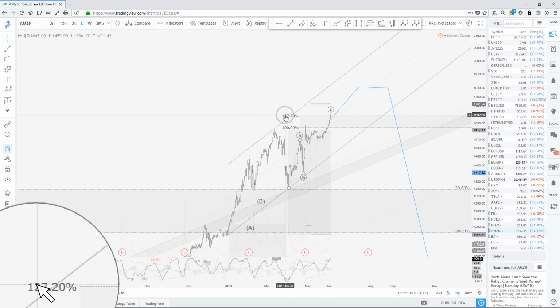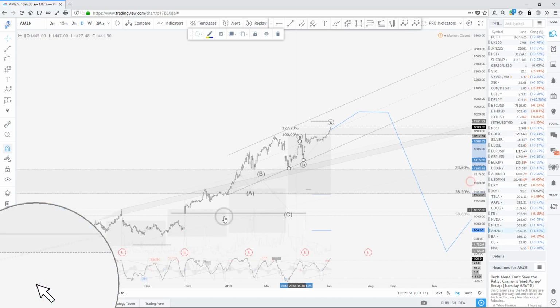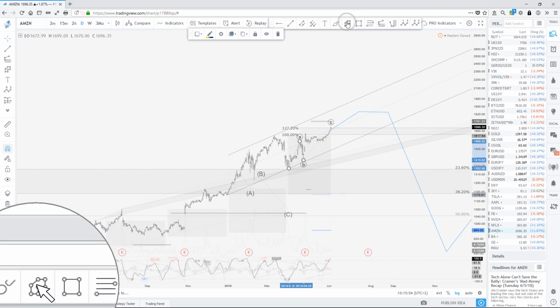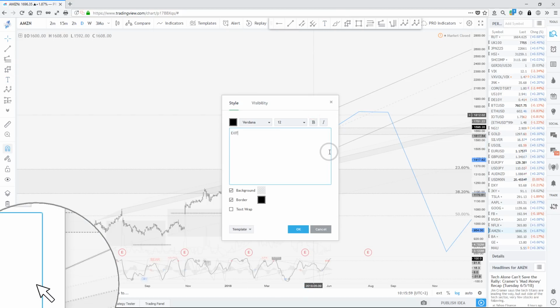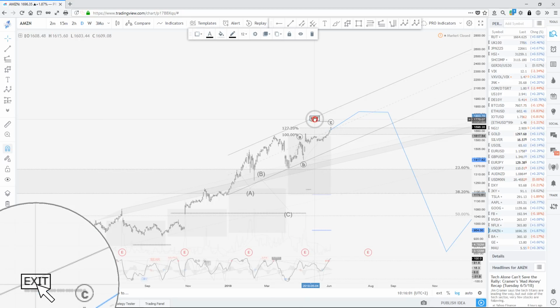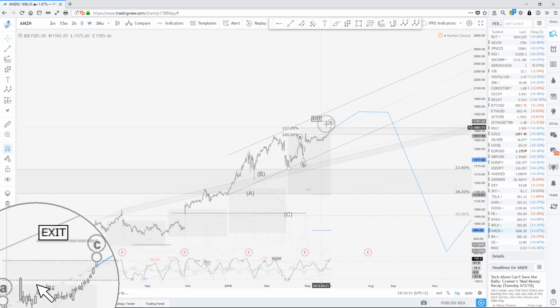Okay, and generally ABC is 100 to 127% of the previous impulse, which means right here we're on a target on a bearish cycle. So question is, how do you trade that? Meaning that that cycle is an exit. But you have too much overbought, which means you need to be patient in here and wait for a support to break down. But whenever you have a breakdown of a support, this could be the end of a bubble.